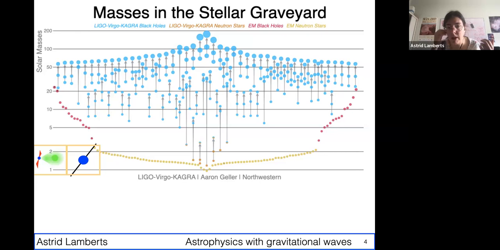But we see them in the Milky Way, and they have a mass of around 1.4 solar mass, can go a little higher up. And then in red are the black holes that we know of in our Milky Way or in nearby galaxies. And so the thing is, a black hole, by definition, doesn't really emit light. And so we can only see it when it's interacting with a companion. With electromagnetic light, we have never seen an isolated black hole. And so we see the black hole because it's accreting from a companion.